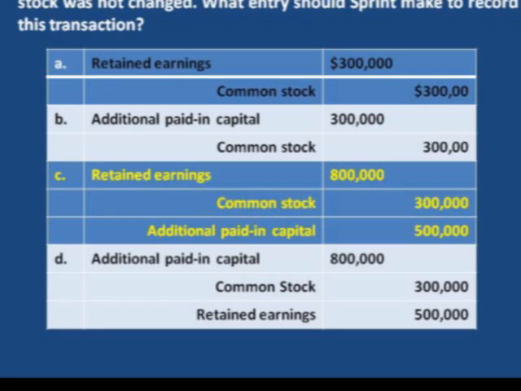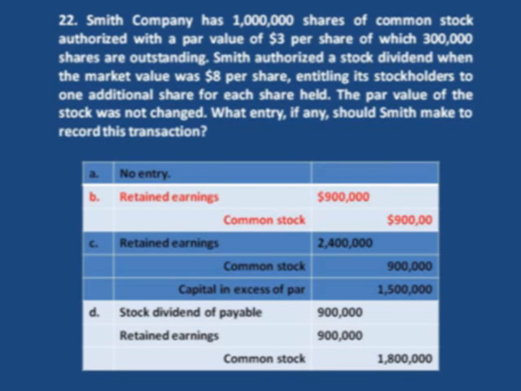Good, good, good. Now look at the next one. Again, as I said, get these two, you got it. Same basic question. Number 23. Smith Company has 1 million shares of common stock authorized with a par value of $3 per share, of which 300,000 are outstanding. They changed that. Smith authorized a stock dividend when the market value was $8 per share, entitling the shareholder, here's your key,